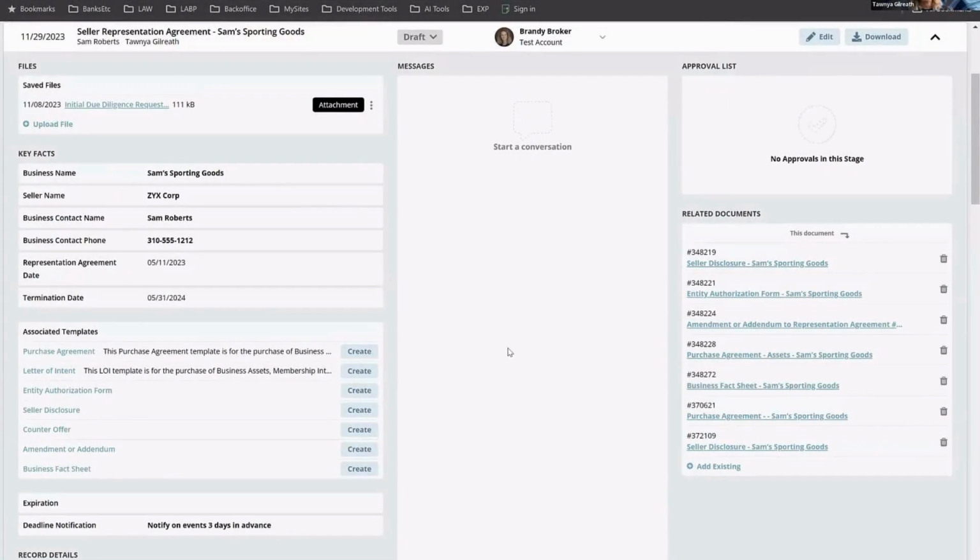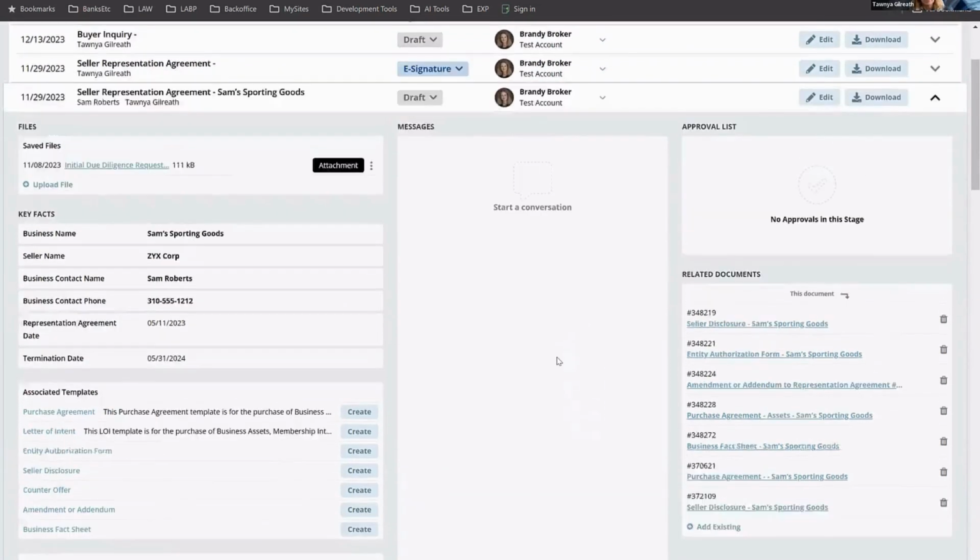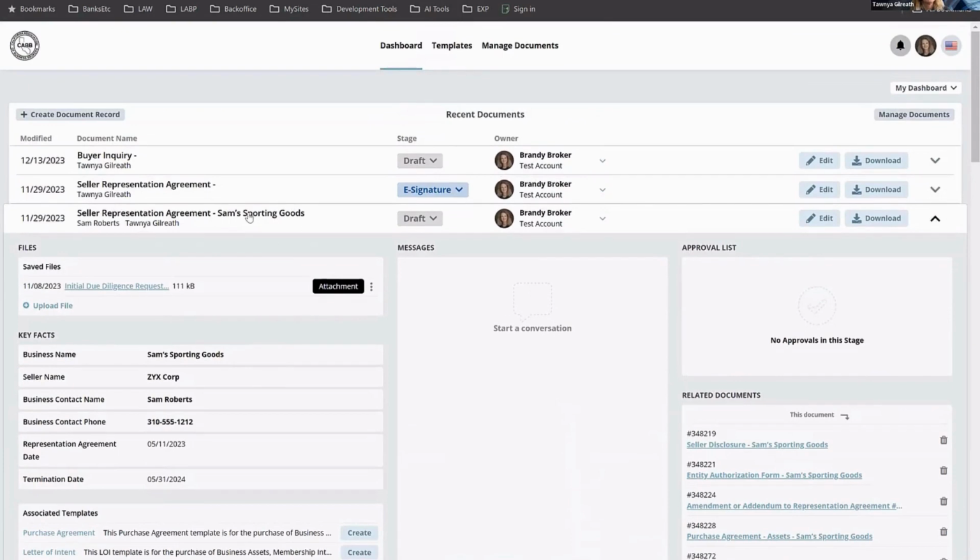If you are starting off, let's say you are representing the seller and you do the rep agreement, and now you have a buyer coming in that wants to make an offer, whether it's an LOI or a purchase agreement, you go back to your rep agreement. Okay. Because it contains the data you want to, at least on the seller side, that you want to merge